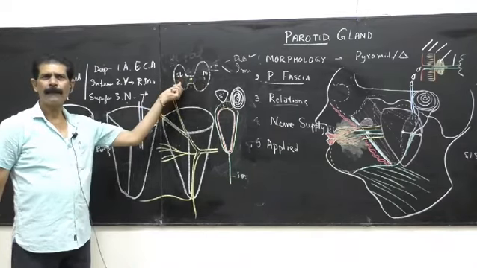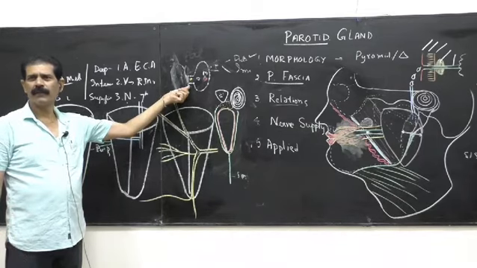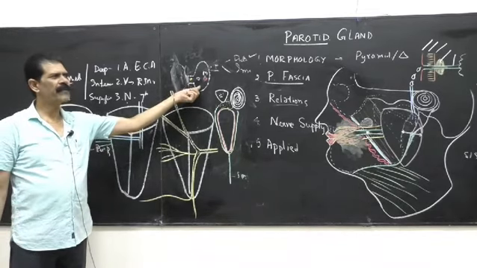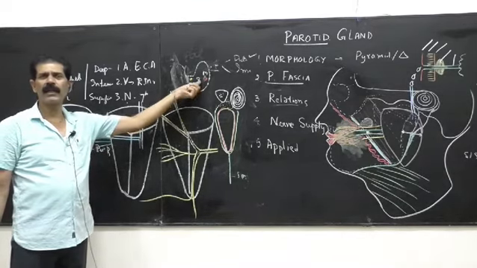Nothing will be damaged. So it is a very important step for the surgeon in cancer surgery to remove the gland in the cancer of the parotid gland. Only the deep surface has to be saved because it contains vein and artery and nerve. And the nerve also has to be saved, because otherwise the patient will suffer from Bell's palsy post-operatively.